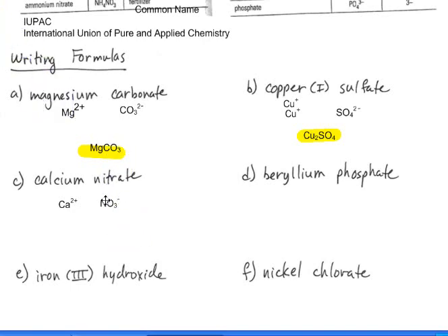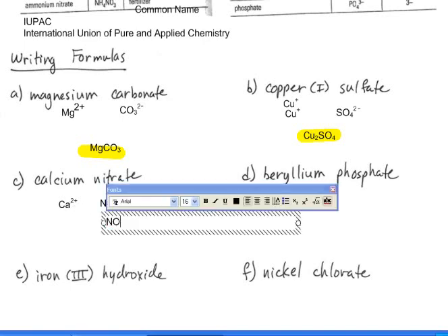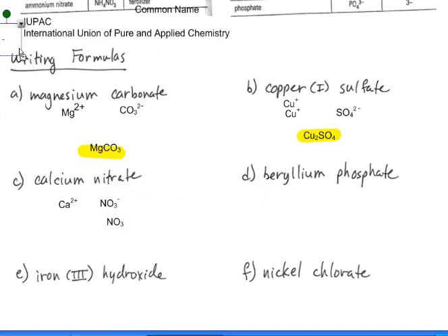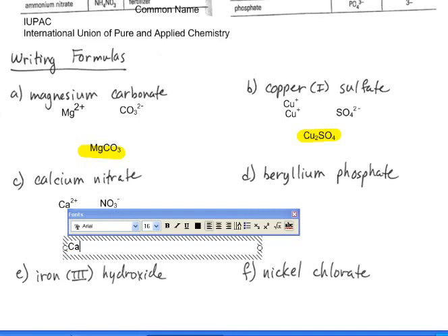Okay. So don't get confused. This is only 1 negative. It's not 3 negatives. That 3 is down below here. So we have 2 positives, 1 negative. So of course we're short of negative ions. So we have 2, we have 1, so we'll have to add another one here. So 2 positives, 1 plus 1 is 2 negatives. You can see I need 2 of those nitrates. So in summary, the formula will be